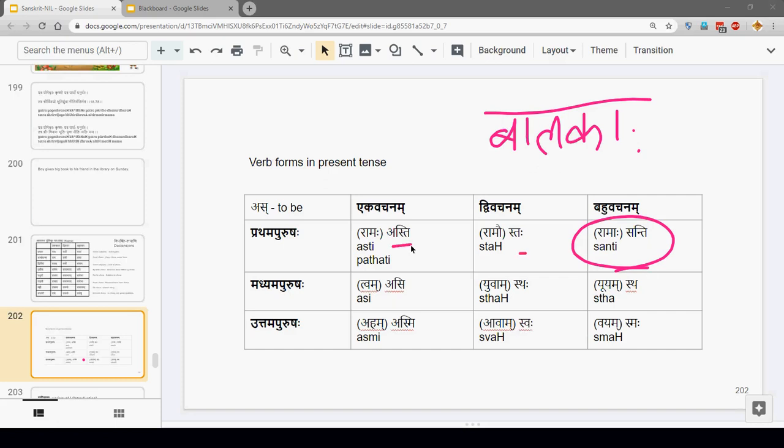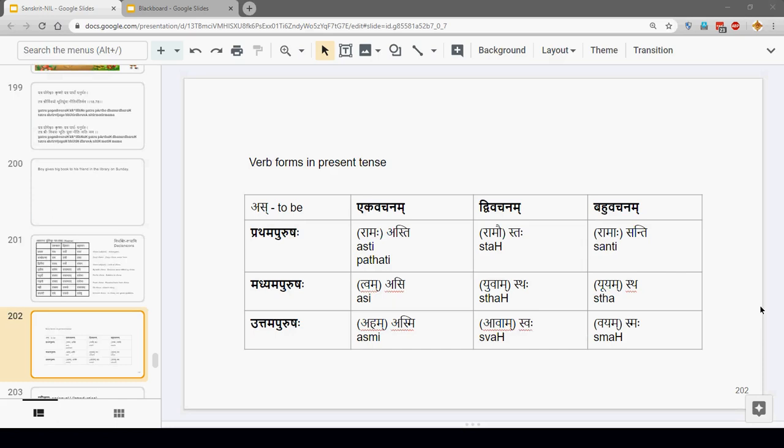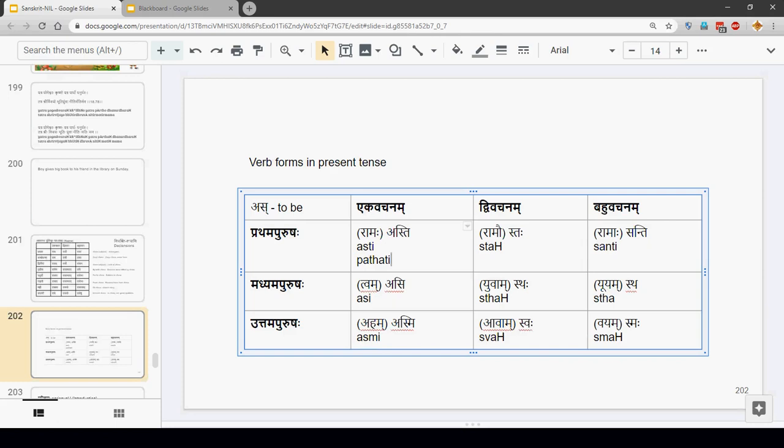So I just use this asti, staha, santi because they'll be useful for us generally. But this as itself is a root word, or dhatu. It falls in the second group, which is not very easy. They have some peculiar special forms. But the simple ones are what people start with whenever anyone starts studying verbs, something like this, simple